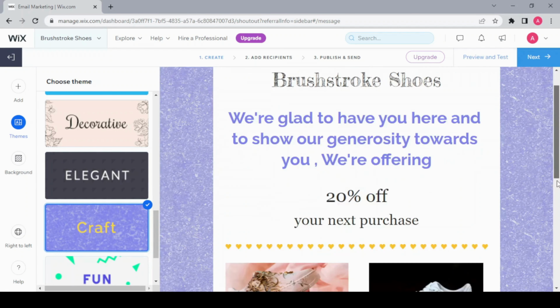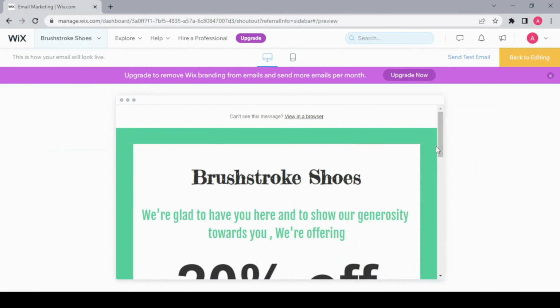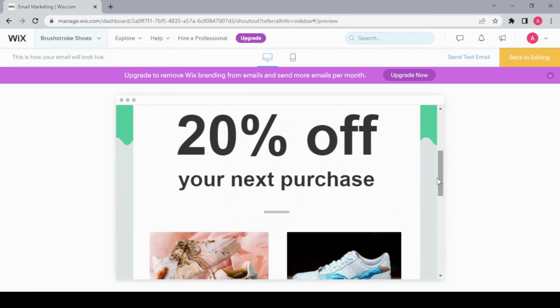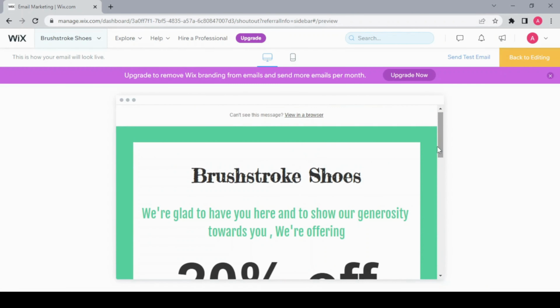And when you are done designing your email, click Preview and Test. So this is the desktop preview of the email which we have designed, and we also have a Send Test Email option, from which you can look at how it appears in a browser. So now back to editing,